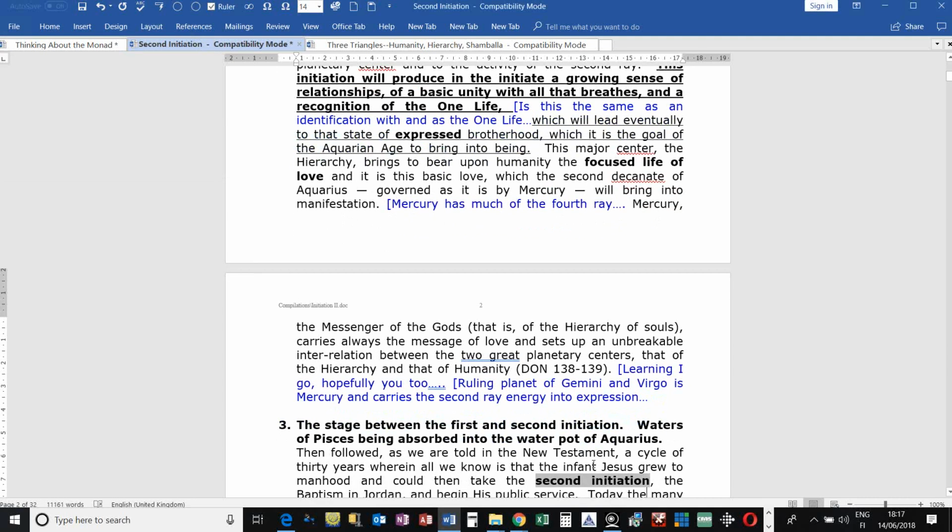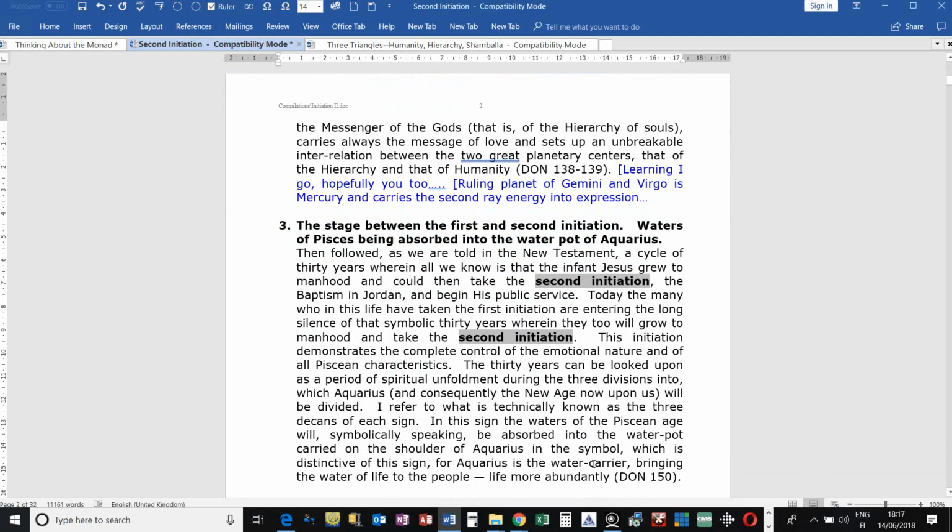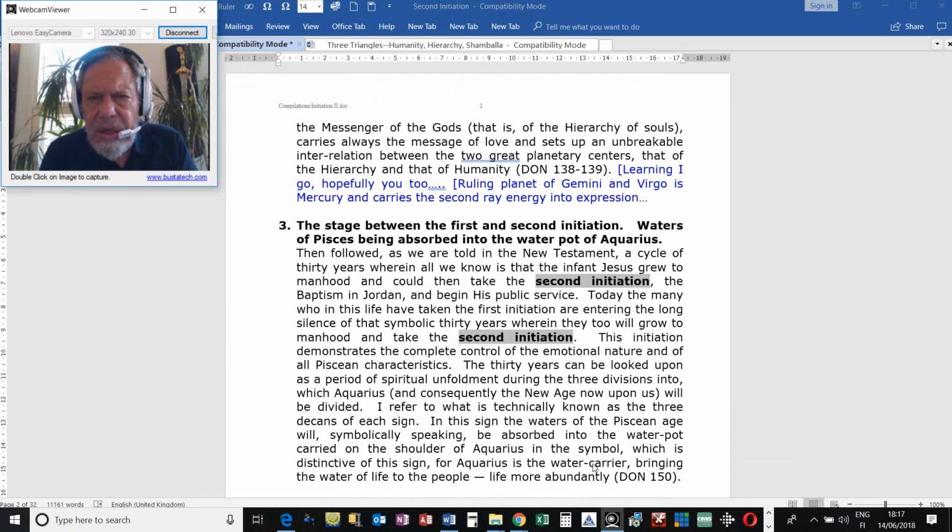Okay, now here's something about the stage between the first and second initiation. And we do know that Pisces and Aquarius as constellations do kind of overlap, and there's a fish there drinking from the stream of water pouring forth from the water bearer in Aquarius, and it says waters of Pisces are being absorbed into the water pot of Aquarius. Of course, Pisces rules the great ocean in a way, and these two signs together are signs of finality